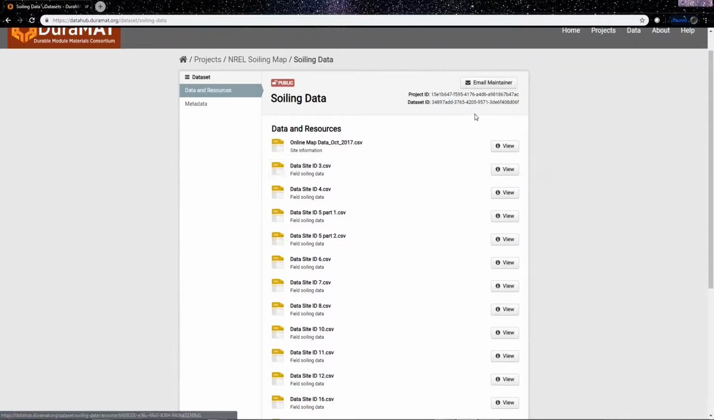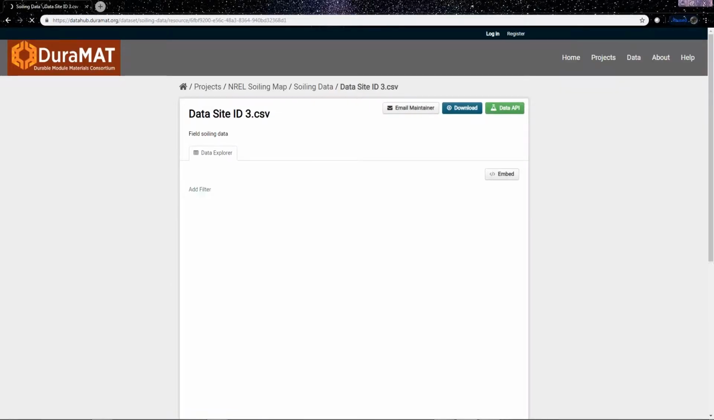I do want to point out, though, there's a couple of numbers up here at the top. One says project ID, and it's a big long string of characters, and the other one's the data set ID. Those are going to be important when we start talking about API access into the DataHub. You will need some place to go to retrieve this information, and that's the address of the item that you'd be looking for. So getting back to the actual file, if I open up the DataSite CSV,